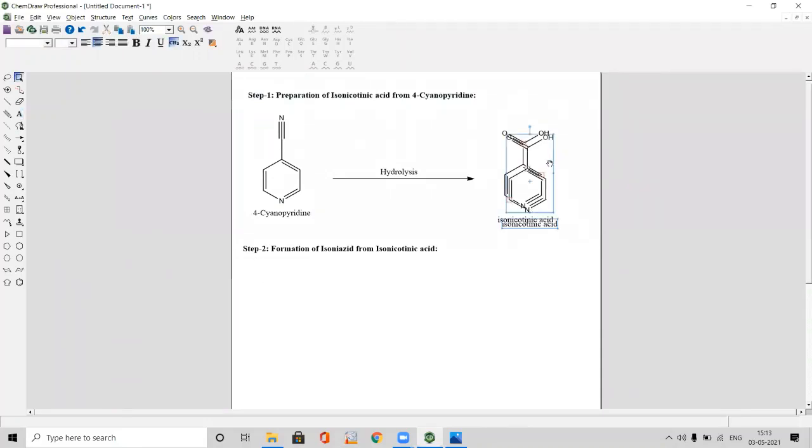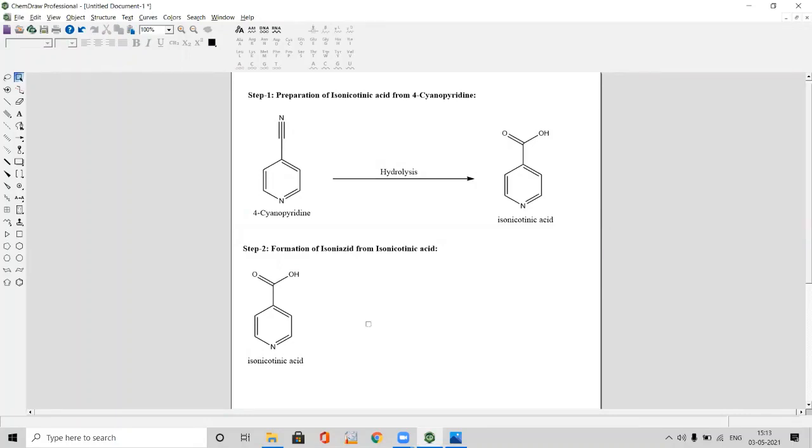So now I had copied this structure of the step 1 product. Now I'm pasting it under step 2 because our starting material for step 2 is isonicotinic acid. Now this isonicotinic acid, when further treated with hydrazine hydrate under reflux for 7 hours in presence of sodium hydroxide, we are going to get isoniazid as the drug along with water as byproduct.